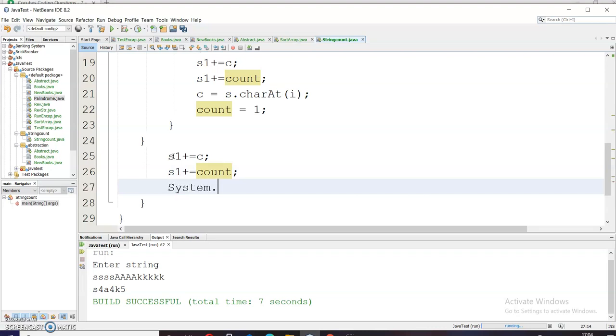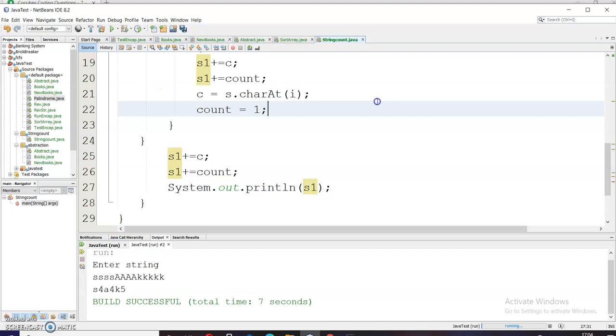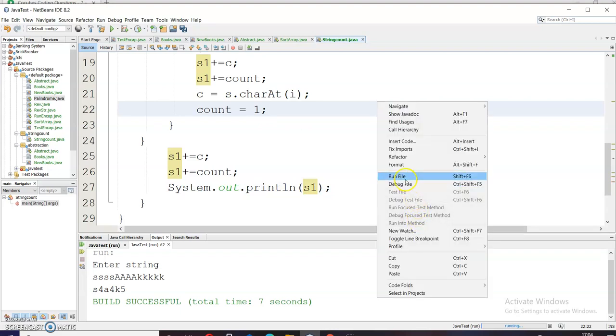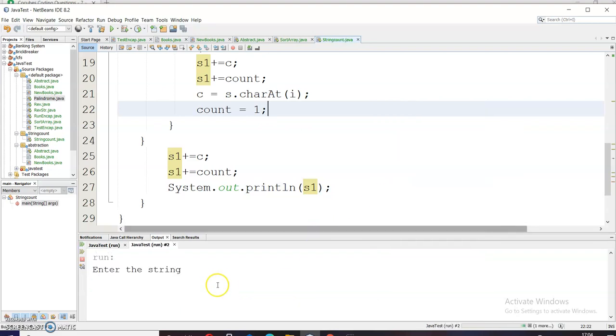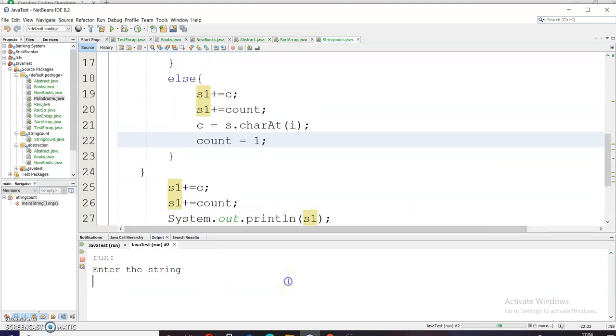System dot out dot println, and I will be just printing s1. Yes, that's all. So now let me run this program. So now it is asking me to enter a string. Yes, it might be visible to you all, I hope so. So let me enter